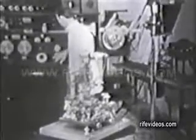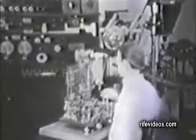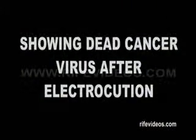Rife will now turn on the ray tube instrument, which will activate the light. It'll have a little flash, and that'll be all it is to kill all the virus in the room. It's just on for a few seconds. This ray tube instrument had a capacity of 500 watts, which would transmit this energy 10 to 12